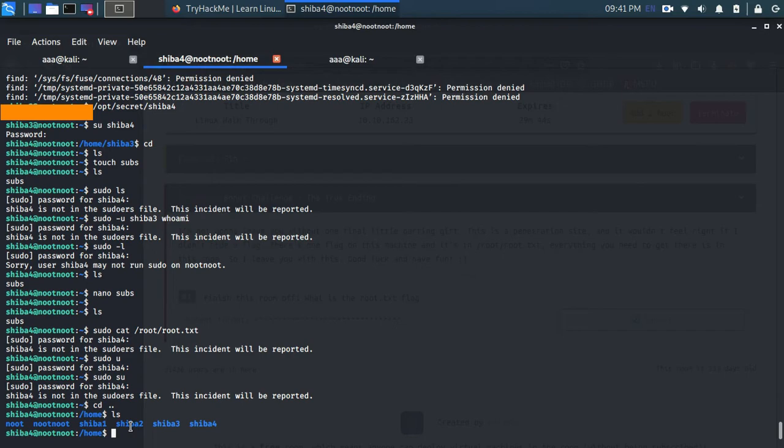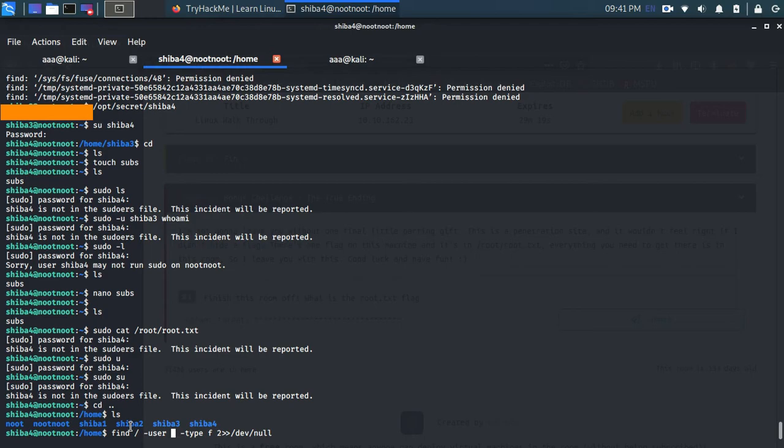This is like the find command, but with some added stuff like -type f 2>/dev/null. What this will do is remove all the errors which were coming.